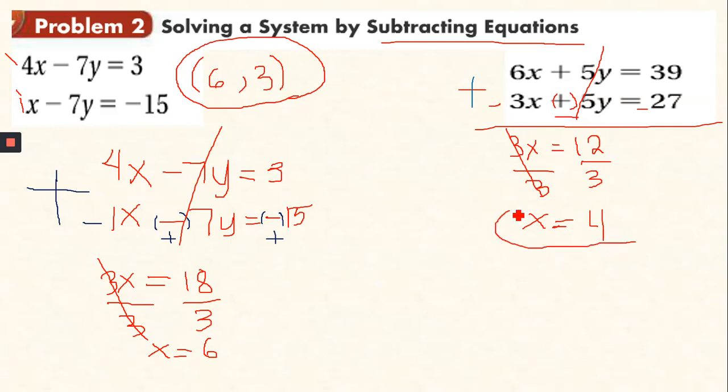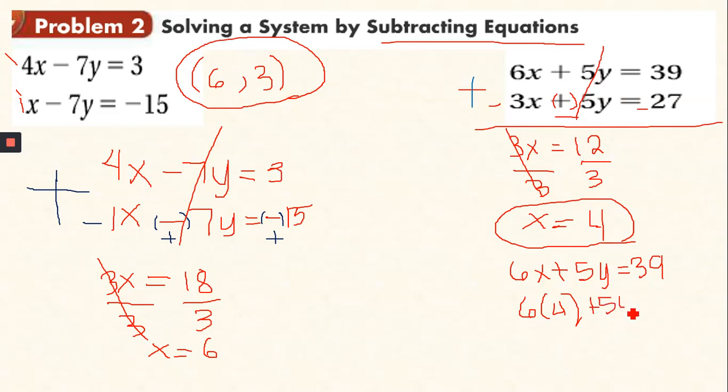Okay? We now have the value of your x. X is equal to 4. This time, we're going to find out the value of y. Again, as what I have told you, you can use either equation 1 or equation 2 in order to find the value of y. Okay? So I will be using equation 1. So 6, the value of x is 4, plus 5y equals 39. Okay? What is 6 times 4? That is 24. Plus 5y